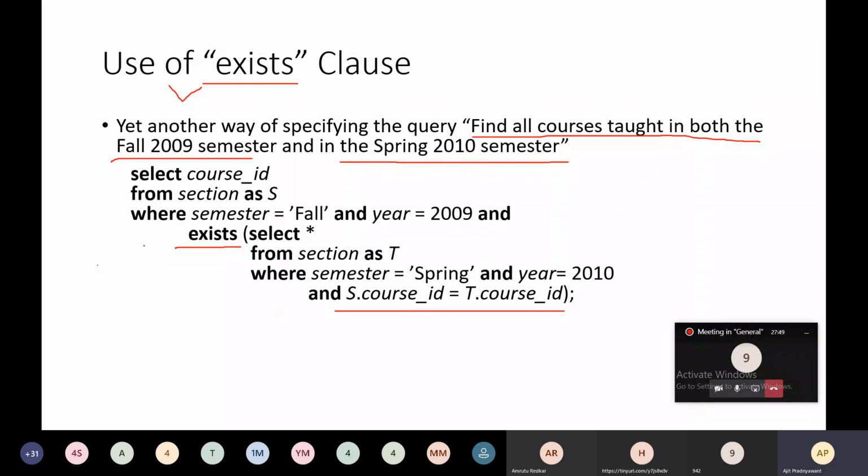So this query will retrieve the courses in semester fall year 2009 and semester spring year 2010. The only thing is that you have to make use of EXISTS over here. It will retrieve this where condition, plus the tuples present in this EXISTS clause. So this is how you have to make use of the EXISTS clause.